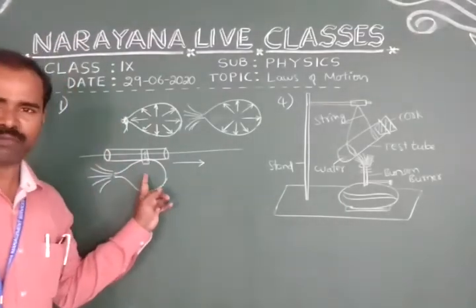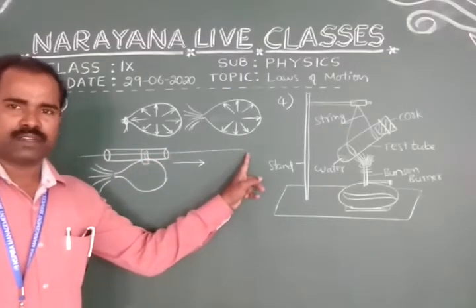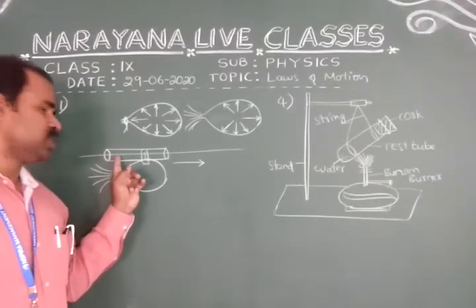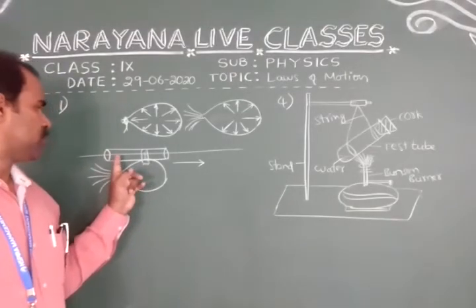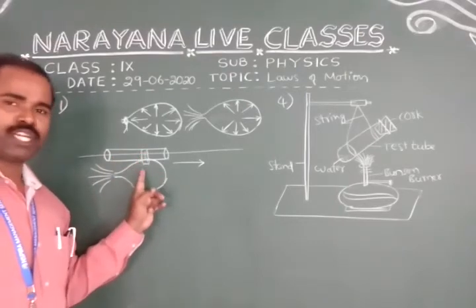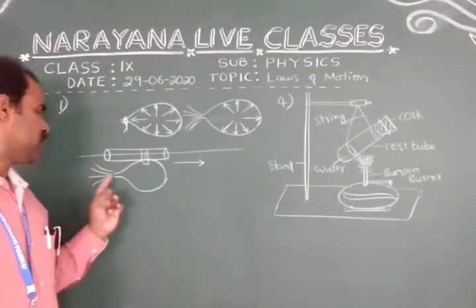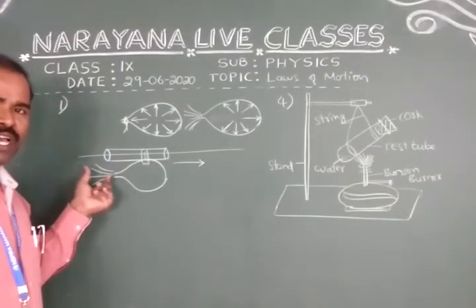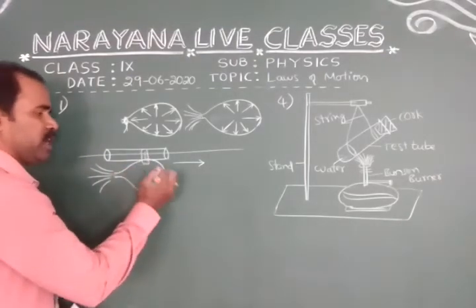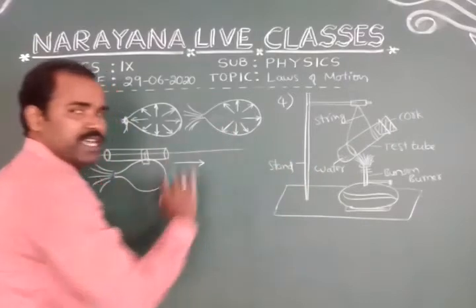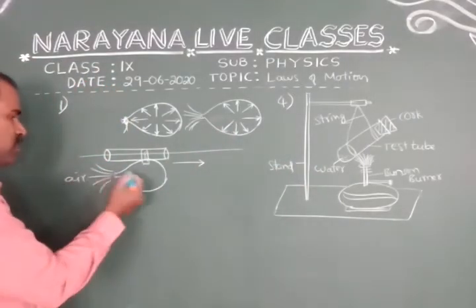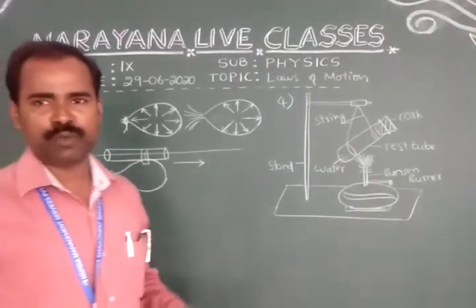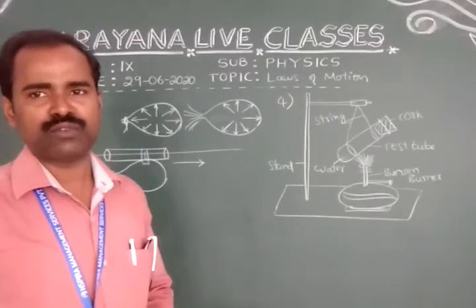This is the arrangement of the balloon. You take a thread, tie it at two ends at fixed positions, then pass it through a plastic pen cap, which is stuck with sellotape to the balloon. Then inflate the balloon, hold it, and just release it. Then along with this arrangement, the balloon will go along this direction. Air comes out in this direction, and the balloon will move along the opposite direction. So the principle behind it is Newton's third law of motion.